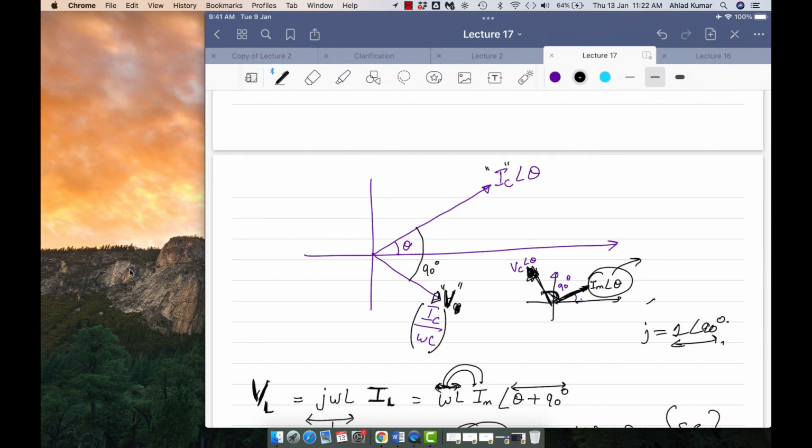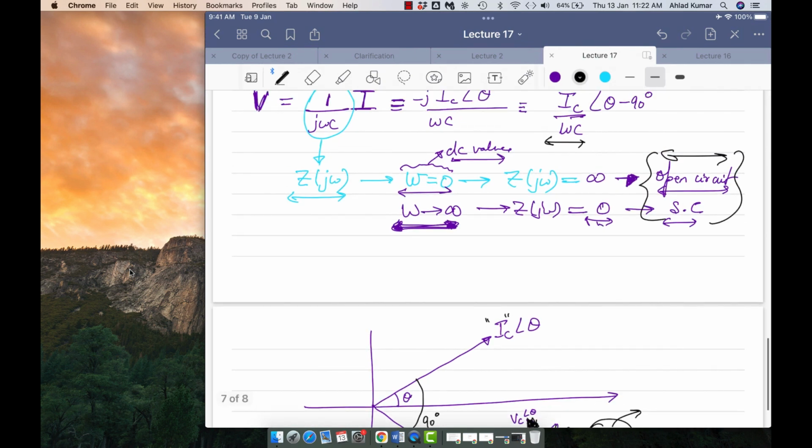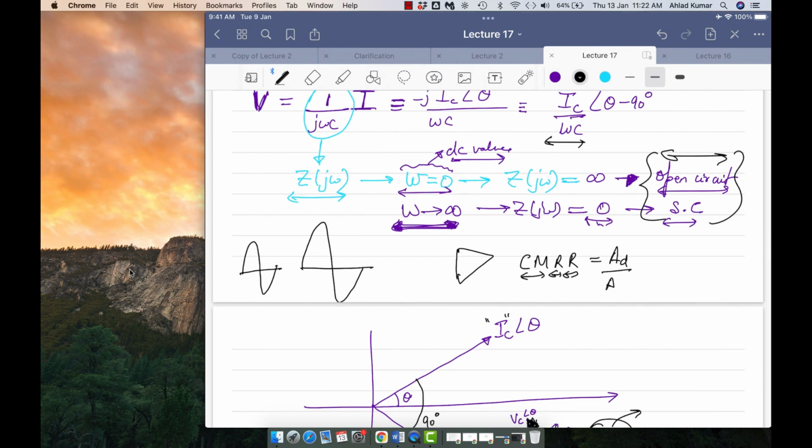Common mode rejection is, for example, you have one signal, let us say this one, and we'll take this example, and then we have another signal which is this one. In your operational amplifiers, we have the CMRR, which is called the common mode rejection ratio. It tries to amplify the difference. It is AD by AC, if I can recall that, it's AD by AC, right?